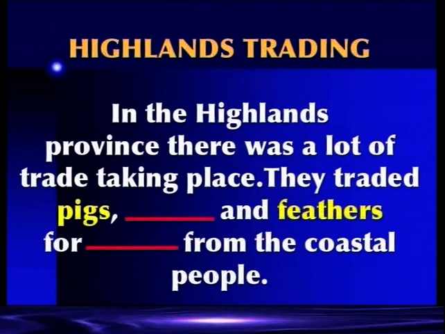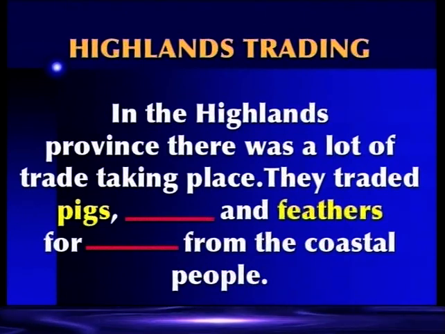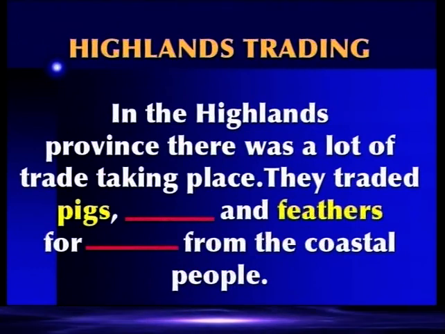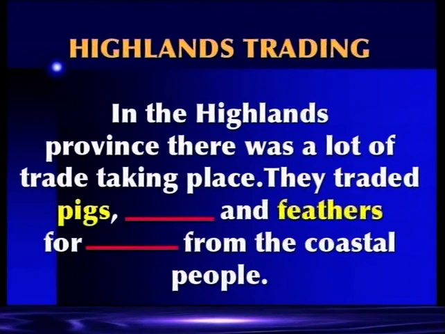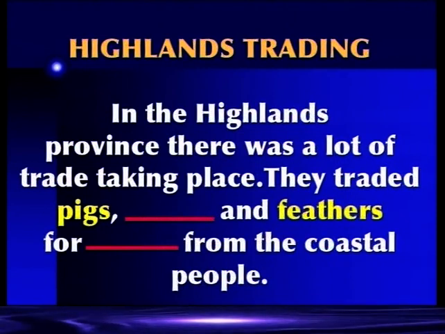The Highlands people had pigs, feathers. What else did they have? And what did they want from the coastal people? There was one main good that they wanted from the coastal people for cooking. They traded pigs. What else did they trade? Stone axes, very good. Pigs, stone axes, and feathers for